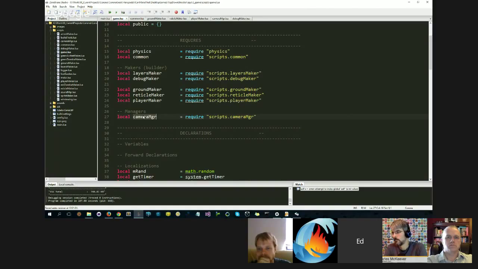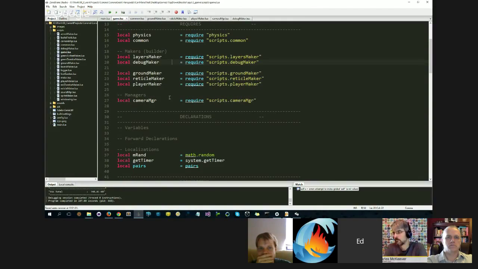It's an active module doing something to the game. Whereas makers generally just produce something and then you use them more like a tool. So they're going to be used by other parts of the games to do work. So the makers in this file so far are the layer maker,